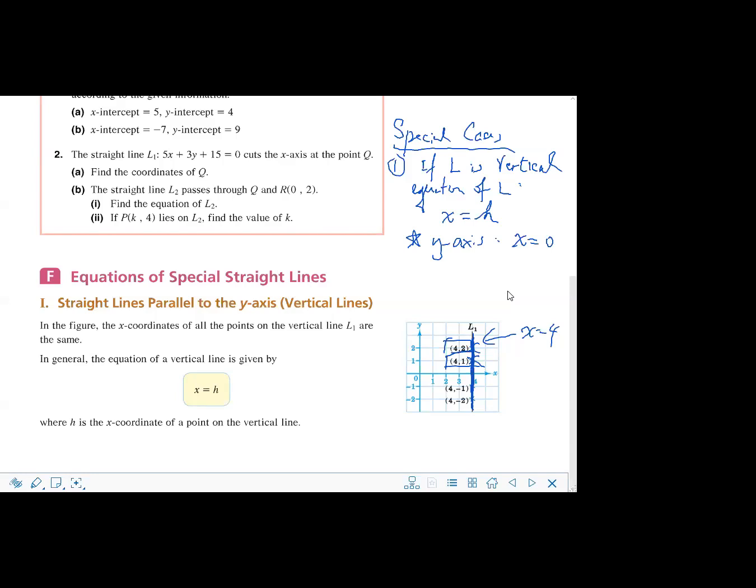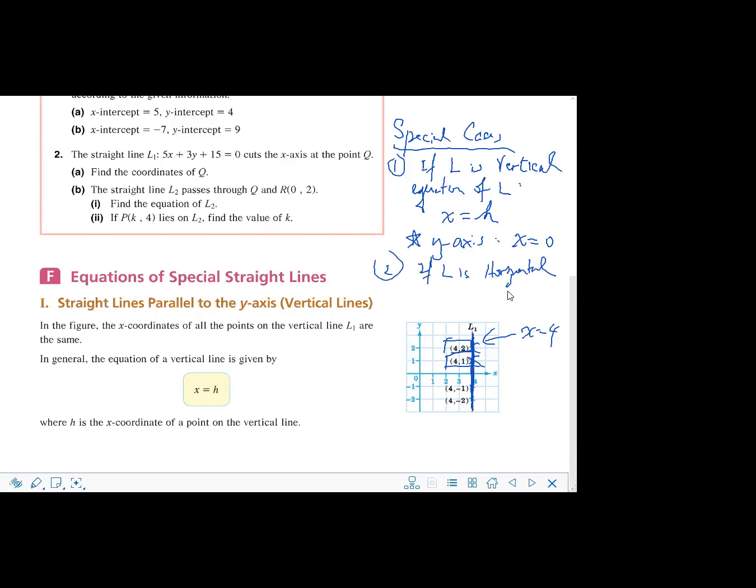What number? It is not left, not right, exactly the middle line, the y-axis. So it will be x equals 0. Okay, not positive, not negative. x equals 0. Okay, you can think of it right away. If L is horizontal